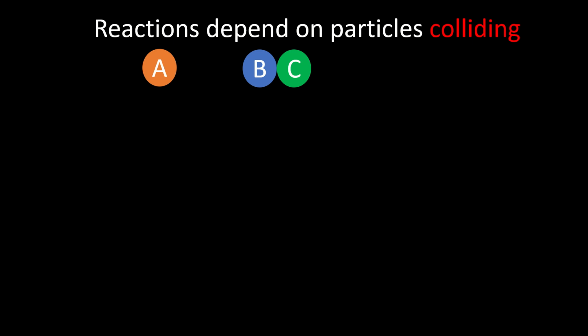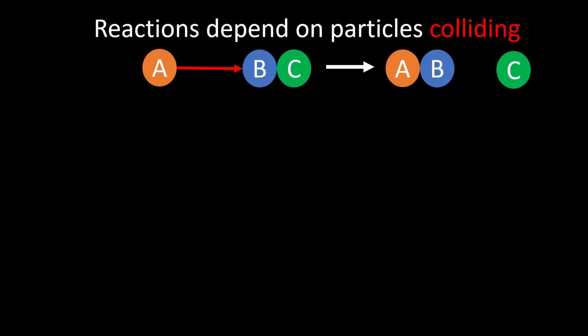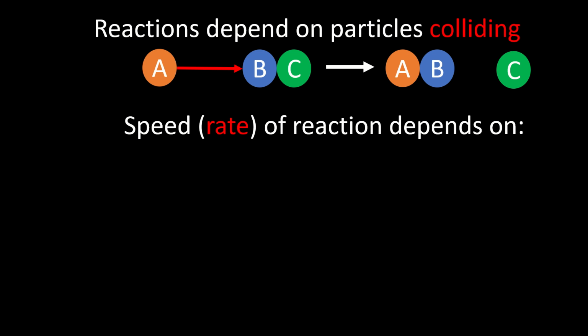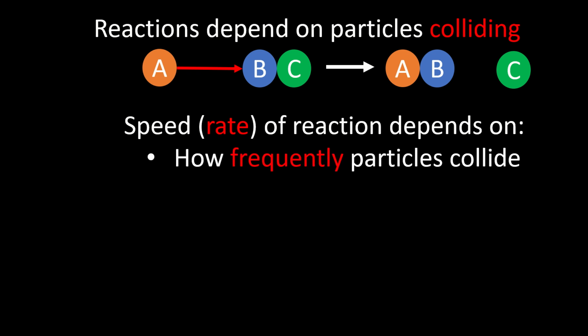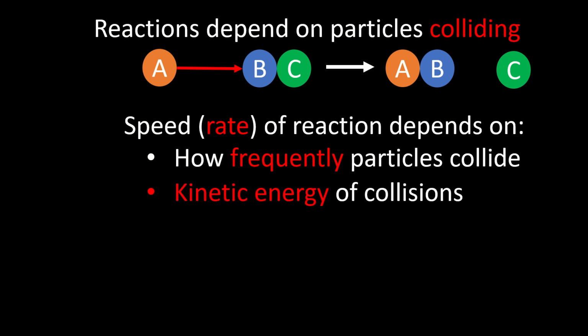So reactions depend on particles colliding. A and BC: A needs to hit B to make AB, and then C by itself. How quickly this reaction takes place depends on three factors. It depends on how frequently the particles hit each other. We can adjust that by changing how many particles are present. It also depends on whether or not they have enough kinetic energy to overcome that barrier to make the products,